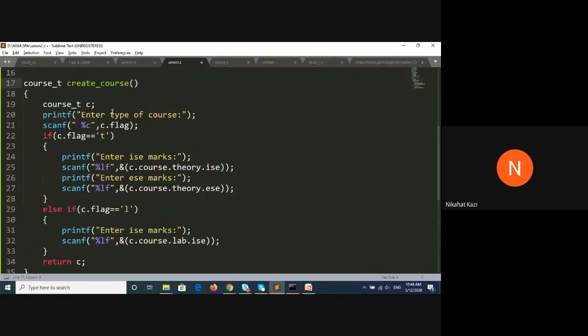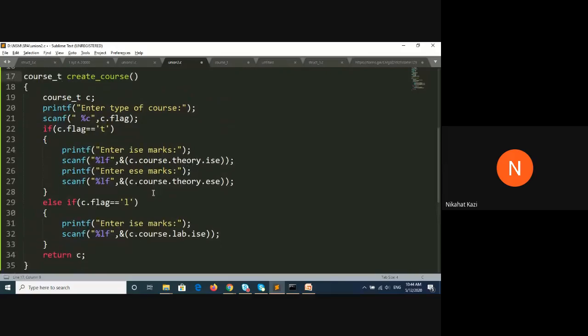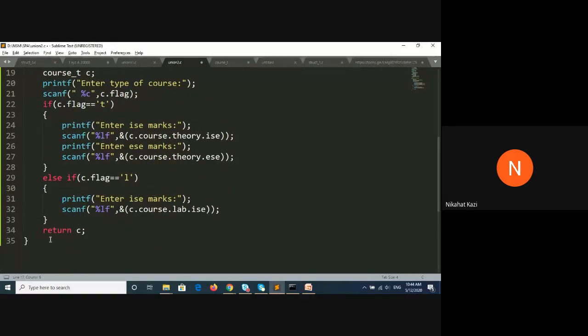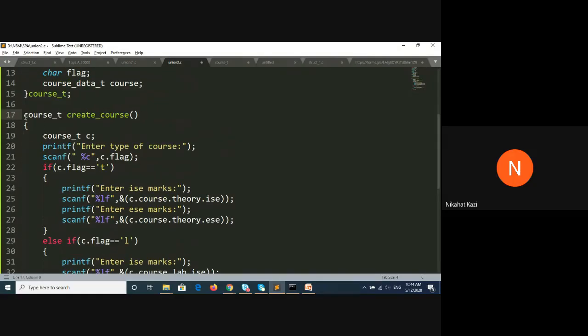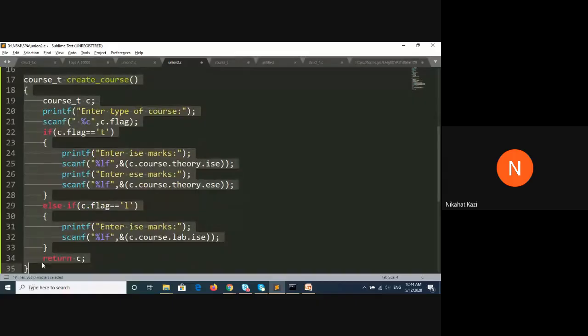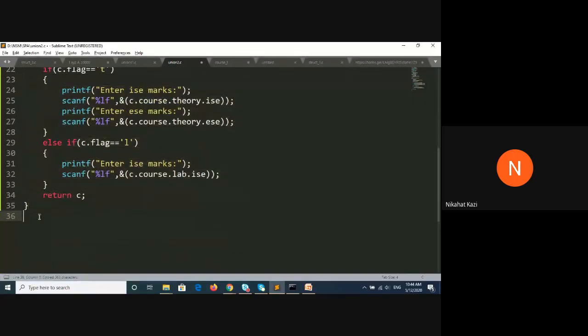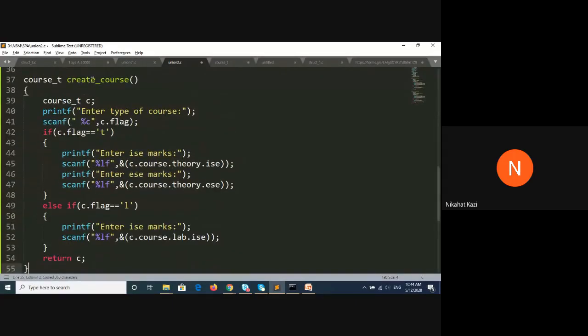Since I'm returning this variable back, the return type of this function should be course type. Okay. So this is basically creating a course, and then you can write a function to print the course. That means you will simply print the marks. So one more function we will create, print. We'll just copy this so that we do it quickly. Print course.